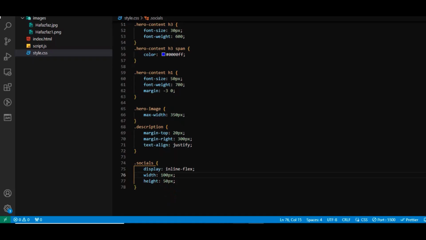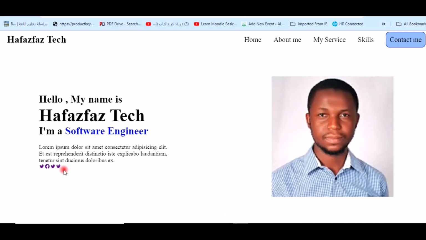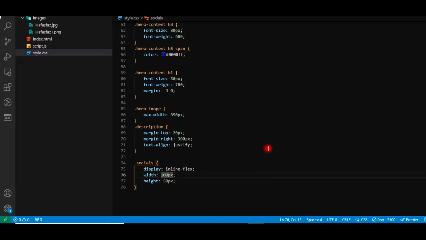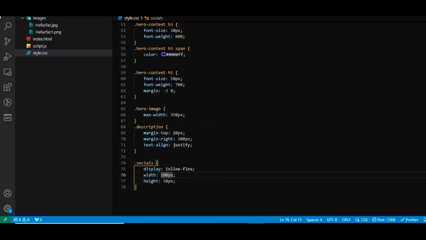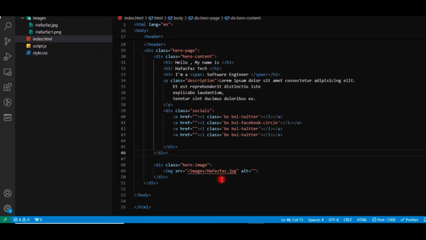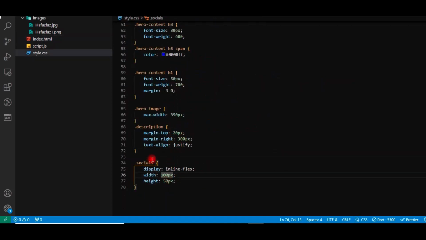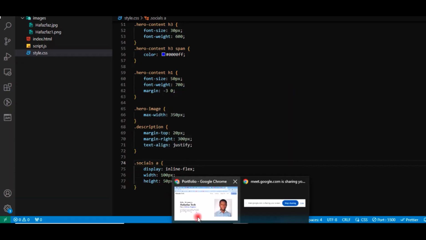Save. Is this still big like this? Nevertheless, sorry, what's happening here is that I didn't target the A. I told you that they are already in A. Let me put the A tag here, so that it will go to the child A. Aha. If I save it and go back,